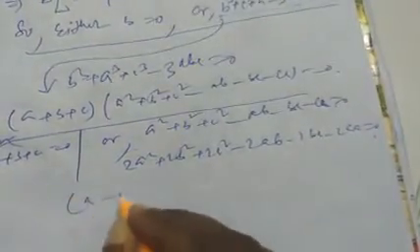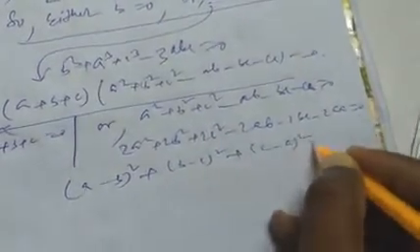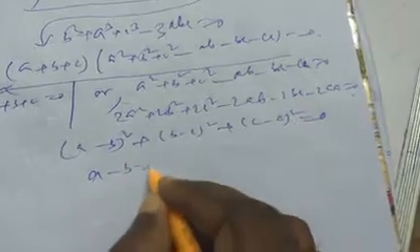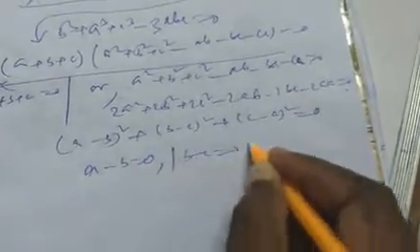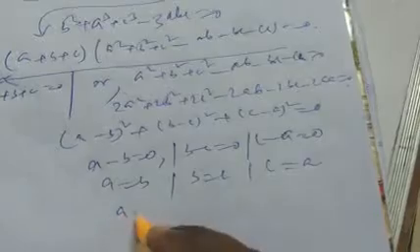So you can write (a minus b) whole square plus (b minus c) whole square plus (c minus a) whole square, that you know in class 10. So the sum of three squares is 0, so we can write a minus b equal to 0, b minus c equal to 0, and c minus a equal to 0. So a equal to b, b equal to c, and c equal to a, and that will be a equal to b equal to c. I mean to say, we can ask a question like that, so that either a plus b plus c is equal to 0 or a equal to b equal to c from this.